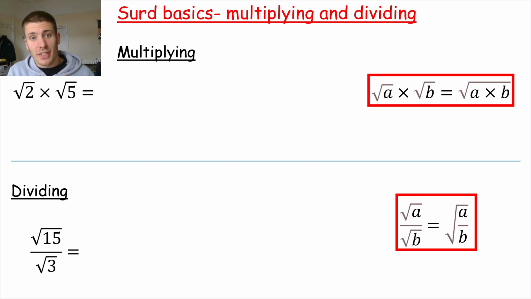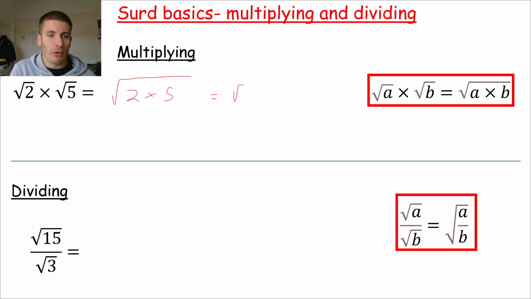Okay, we're now looking at some surd basics, and in this video we're looking at multiplying and dividing surds. If we're multiplying surds like root 2 times root 5, you may already be familiar with the fact that if you're multiplying two individual surds, you can just put them under one square root and multiply your numbers together. So here we can simply take the square root and do 2 times 5. These two mean the same thing,